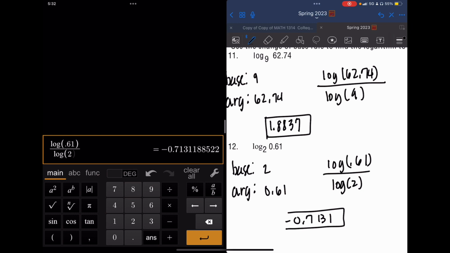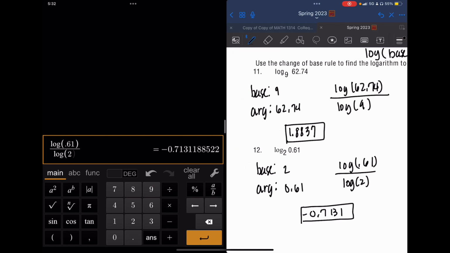It's okay to get a negative. It doesn't really happen often, but it's going to happen periodically. Okay, that's the end of